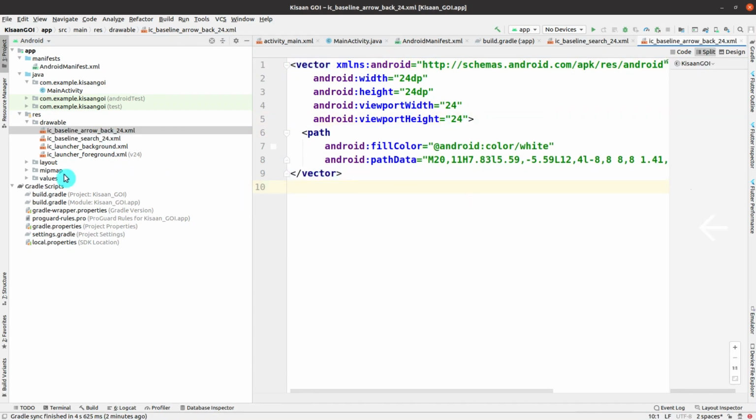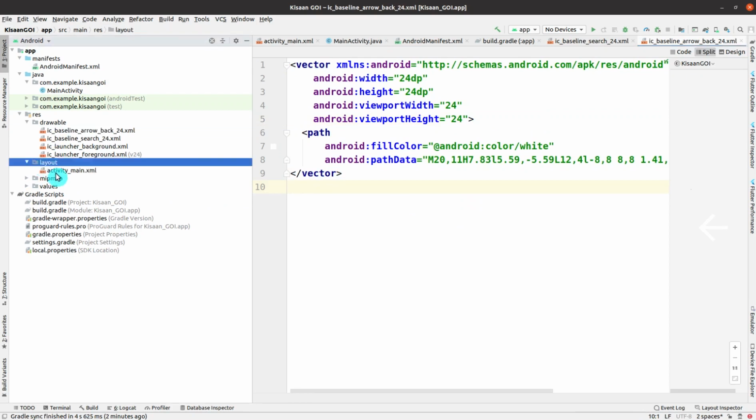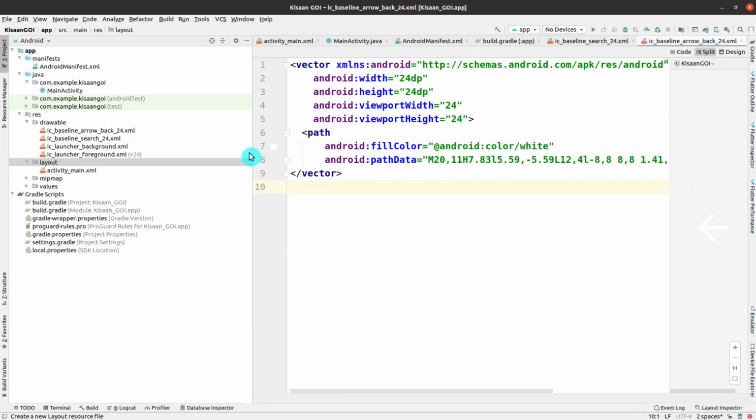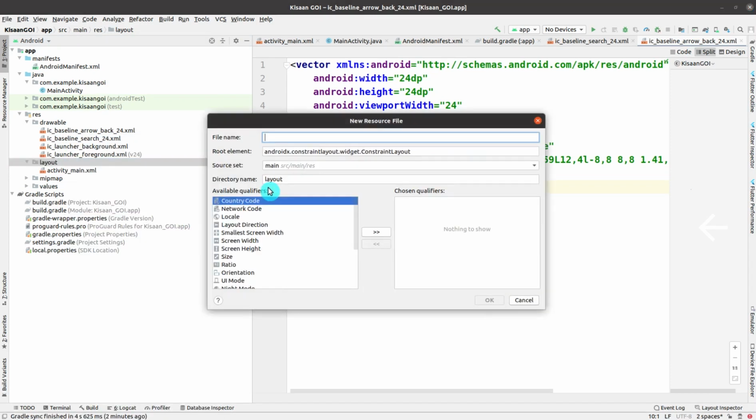Now I am here within the layout folder and I have to add some new layouts also. Right click here, and afterwards add a new layout resource file. Click on that, and now you have to give the name of your layout file. I will just add here app bar layout.